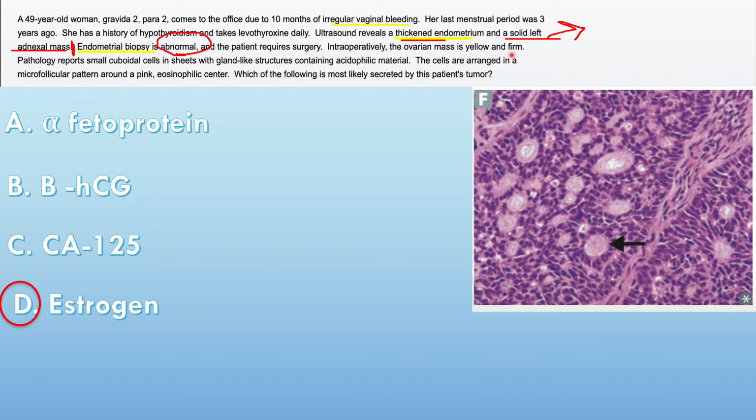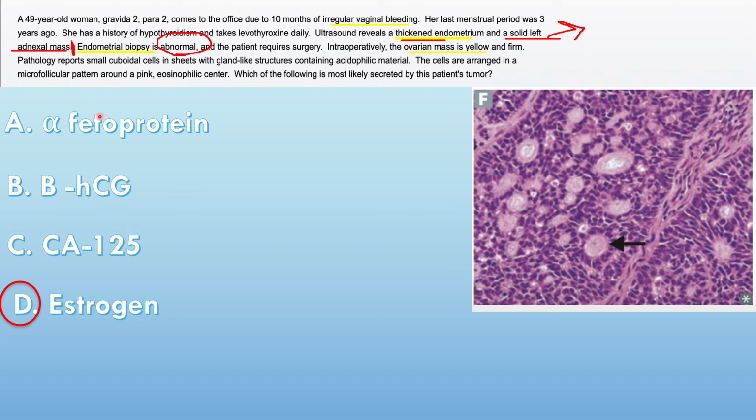Intraoperatively, the ovarian mass is yellow and firm. Now, what do we mean by yellow and firm? Remember, guys, I told you that the sex cord stromal tumors have the thecoma and the granulosa, right? Now, yellow means it has a lot of lipid, and theca cells have a lot of lipid, and that's why they appear yellow. Usually, when granulosa cell tumors form, they also have theca cells with them, which is why